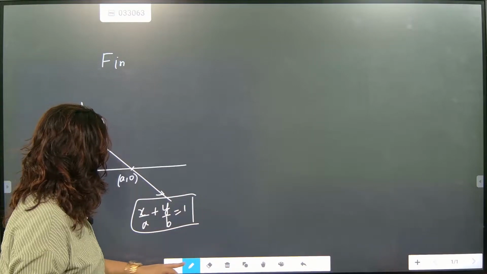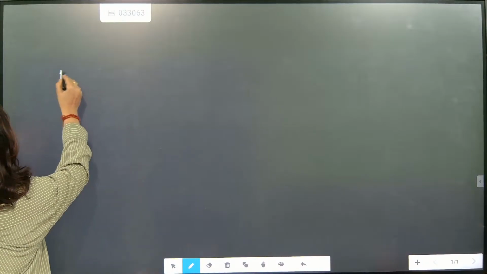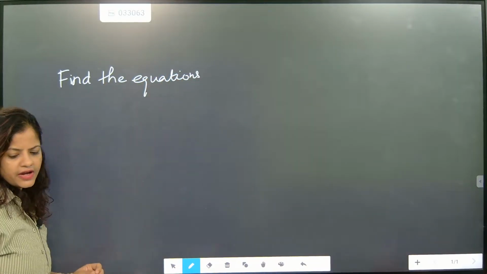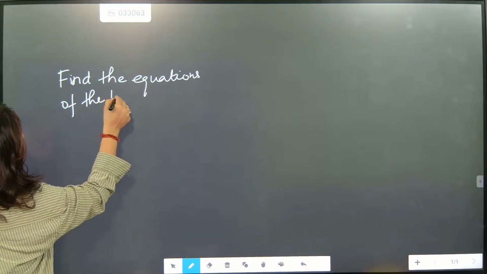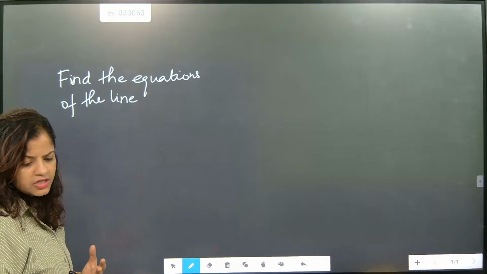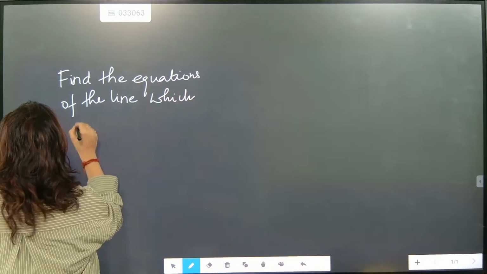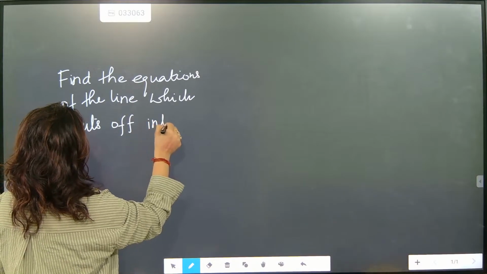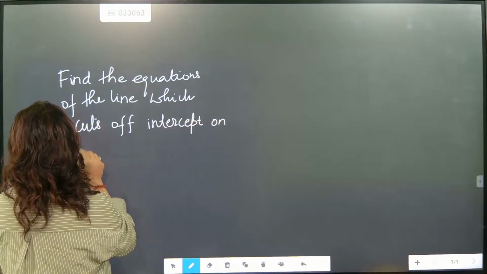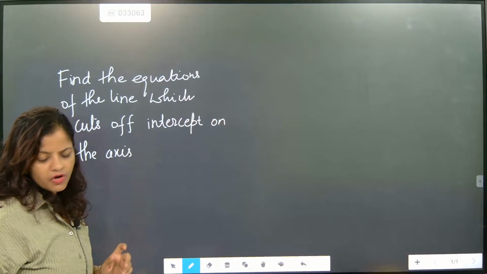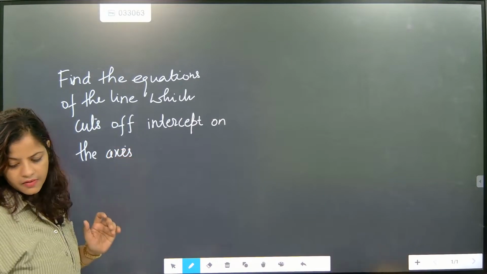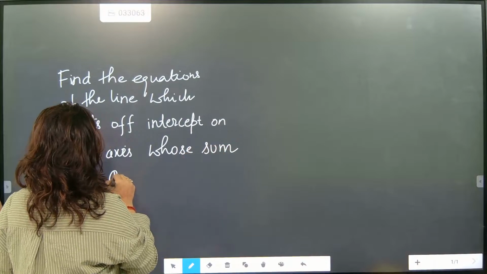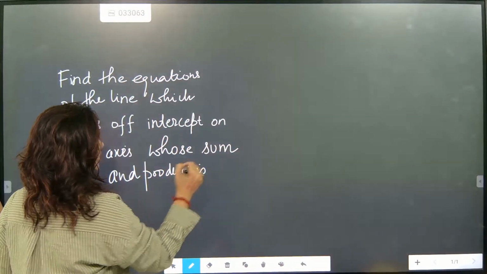Question is, find the equations of the line which cuts off intercepts on the axes, whose sum and product